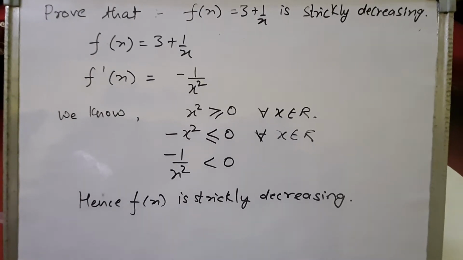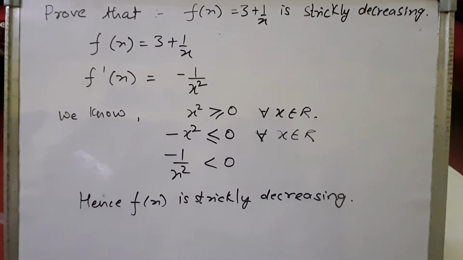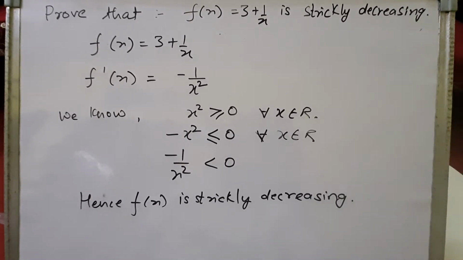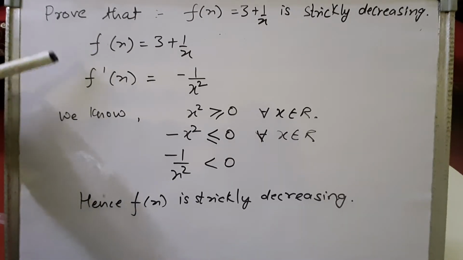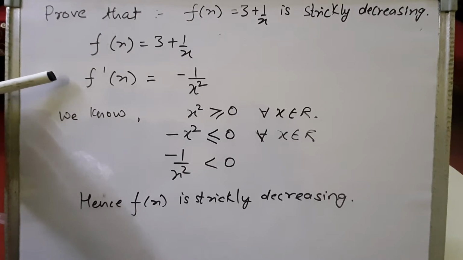Now let's see a few sums, children. In this sum it is given: prove that f of x equals 3 plus 1 upon x is strictly decreasing, right? We have to prove that the given function is a strictly decreasing function. So see the solution: f of x is 3 plus 1 upon x. If we differentiate the function with respect to x, we get the value of f dash x as minus 1 upon x square,